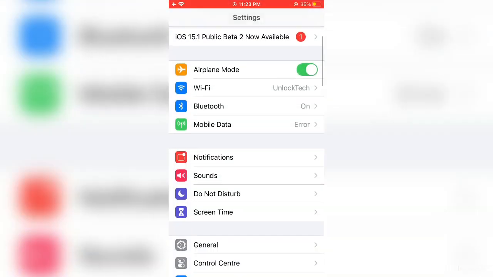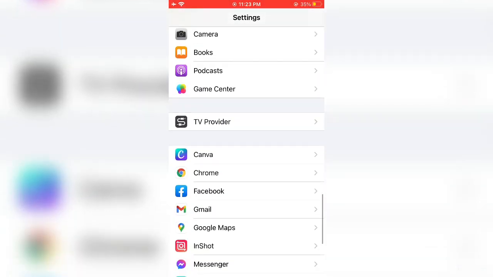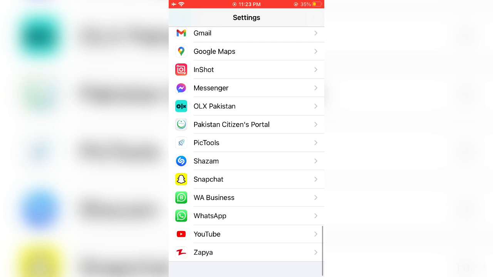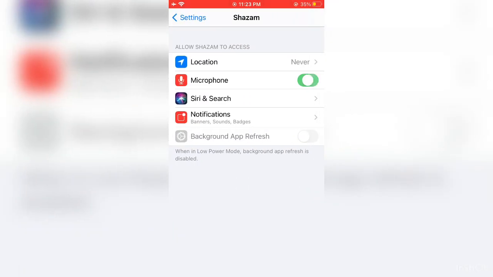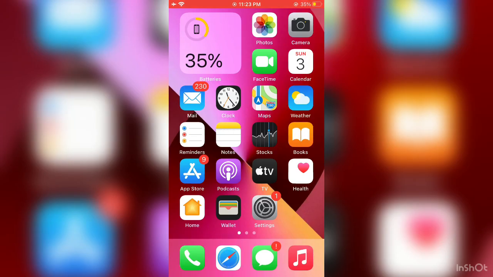So first of all guys, open your iPhone settings, then scroll down and simply click on the Shazam app. Then guys, make sure that the microphone is turned on. So after that guys, go back to your settings again,